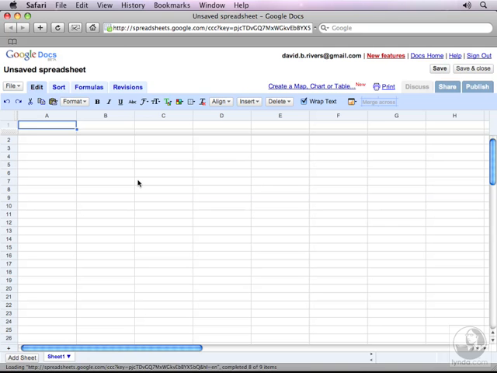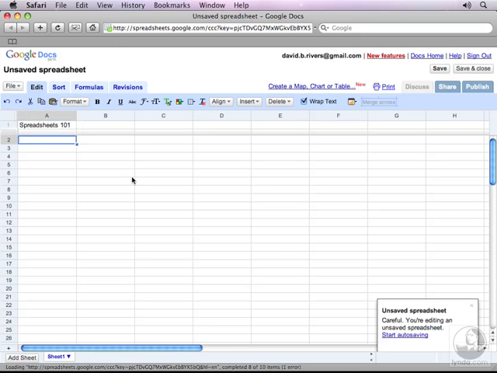And when we type in information in a spreadsheet, this works a little bit differently than we saw with the word processing document. For example, if I type in Spreadsheets 101 and hit return, you can see what happens down here in the bottom right-hand corner. This is an unsaved spreadsheet, and the name appears right here as well as up here in the top left corner. I can start auto-saving by clicking this link to set up my auto-save options,